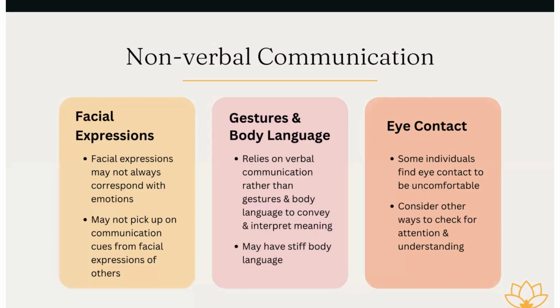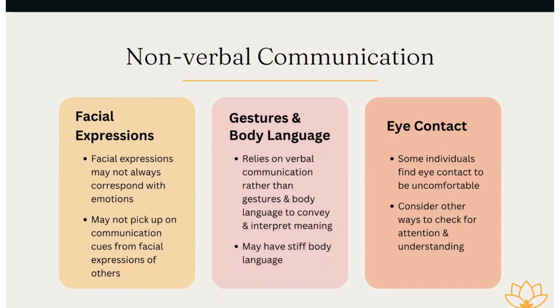And so in those situations where they're being pressured to make eye contact with another person, they might be focusing so much on self-regulating and trying to maintain eye contact that whatever is trying to be communicated, or the meaning behind that social interaction, is then lost for that person and they're not able to participate in a meaningful way. So if you have a child who's on the autism spectrum, you might not want to focus on encouraging that eye contact and instead find ways for them to communicate to others that they are paying attention or understanding.